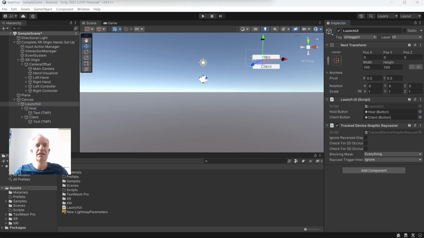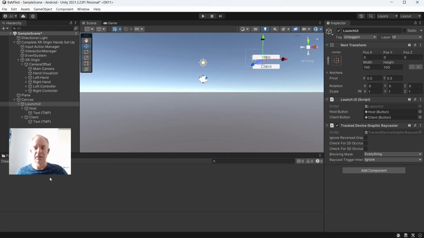So that is that. Now, it's very difficult to test anything if you don't have a debug log in your UI, specifically if you're in virtual reality, and it'll be very difficult to identify errors and issues. So what we'll do is add a third-party product called the in-game debug console, and we'll add the console into our UI so that we can record and see any error messages while we are working on the implementation